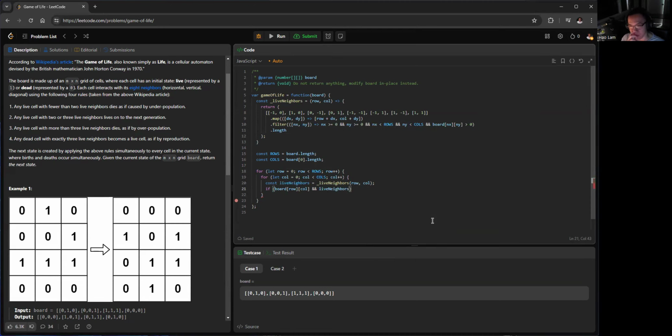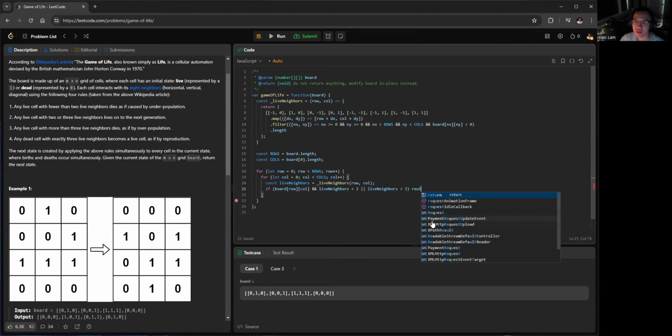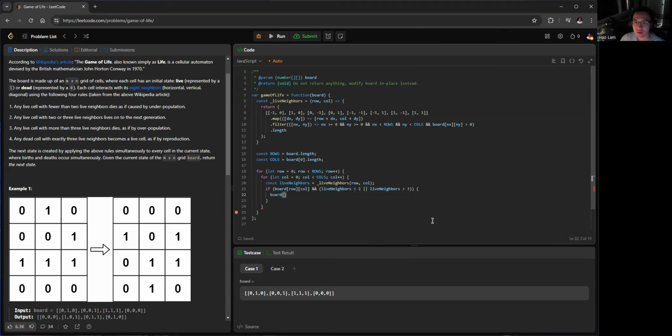If the live neighbors is less than 2, or the live neighbors is greater than 3, we can set it to a positive number, set it to 2 to represent the previous state of the cell, right? The previous state of the cell is a positive number, a live cell, so we set it to 2. And else if